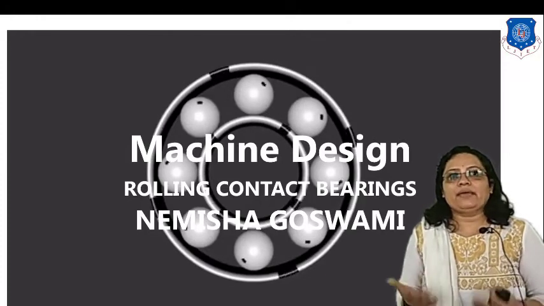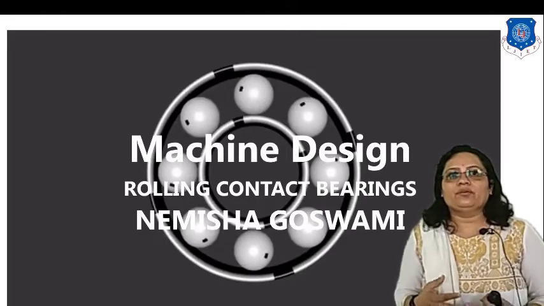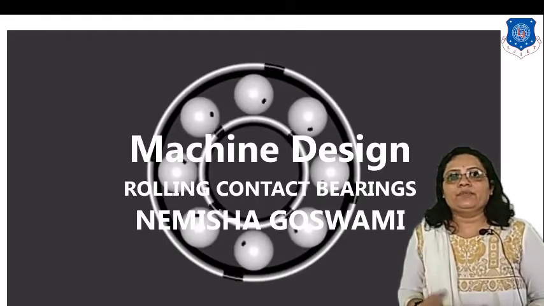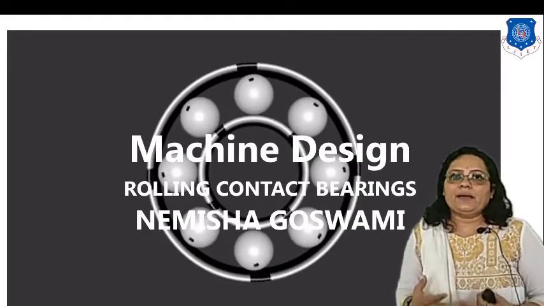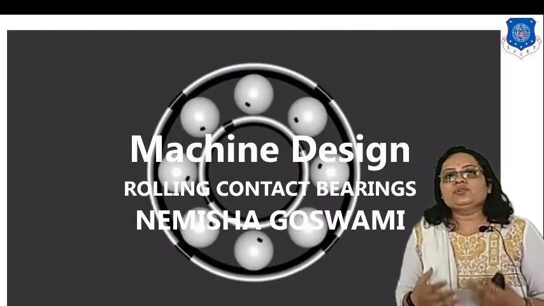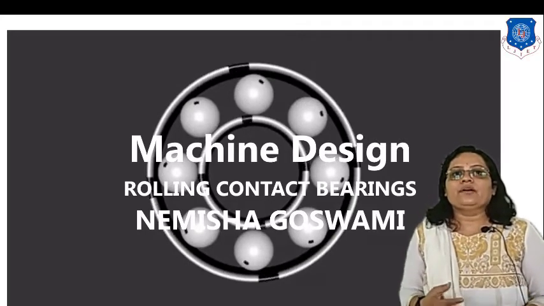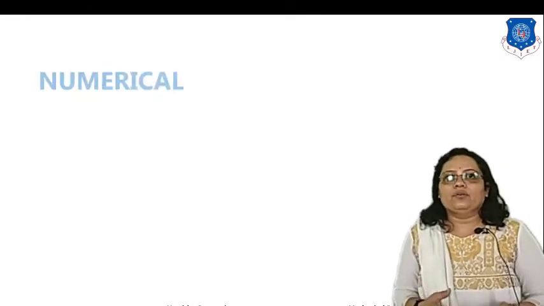In the previous lecture, we already discussed the life of bearing, rating life of bearing, reliability of bearing, basic static load, basic dynamic load, and also solved one numerical problem. So in this lecture, we continue with one more numerical example, so you can understand better how to follow the procedure for any type of numerical given related to rolling contact